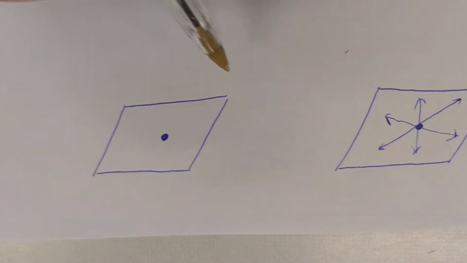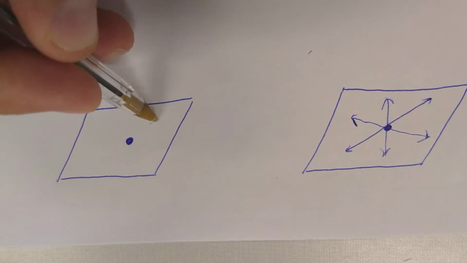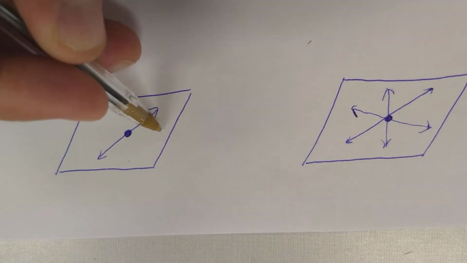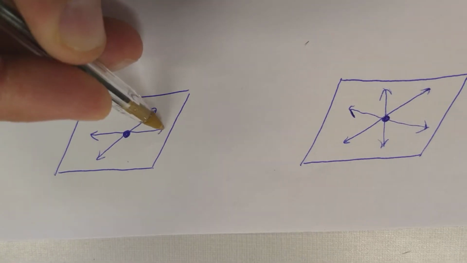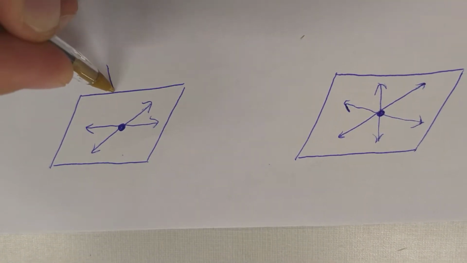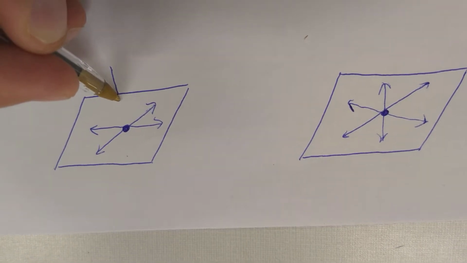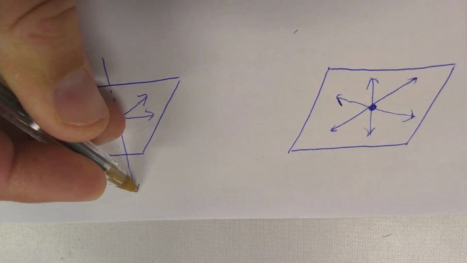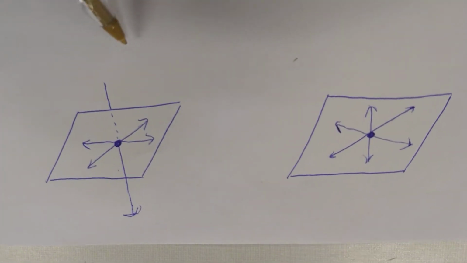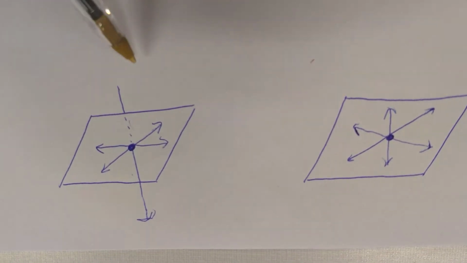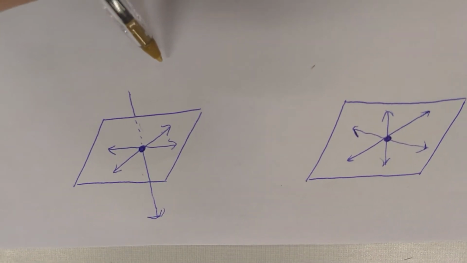So I've got another example of a plane, and I'm trying to come up with an example where three lines cross, maybe one here, maybe one here. Those are still coplanar, but maybe I've got another one that cuts through here from underneath and then goes through at that point. You've still got three lines in this case that intersect at one point, but not all three lines are coplanar.